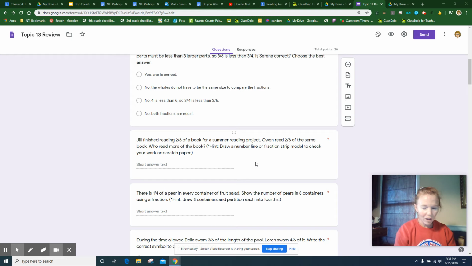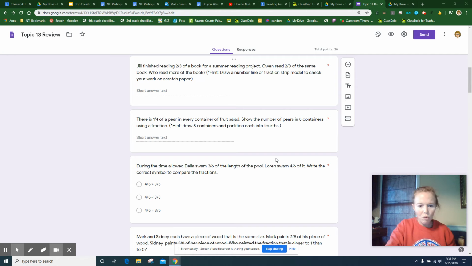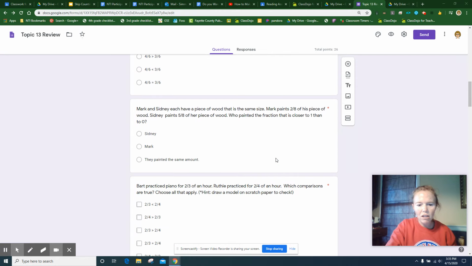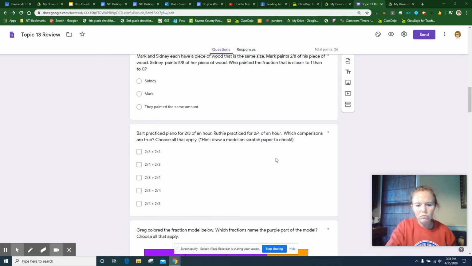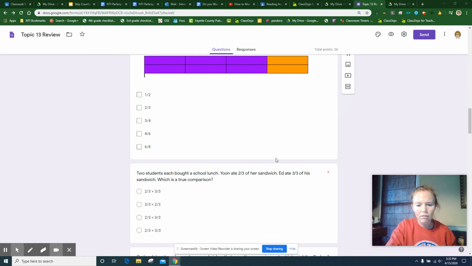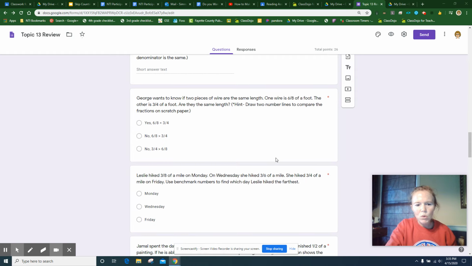I wanted to give you another example, and this one is not comparing fractions, but finding equivalent fractions. Remember, we know that equivalent sounds like equal, and that's what equivalent means. It means that they are equal fractions. So we're going to scroll on down to where we talk about, I can find it really quickly. This question here about